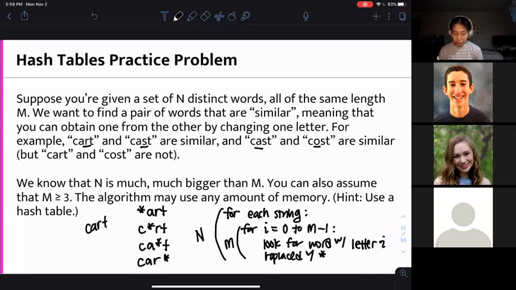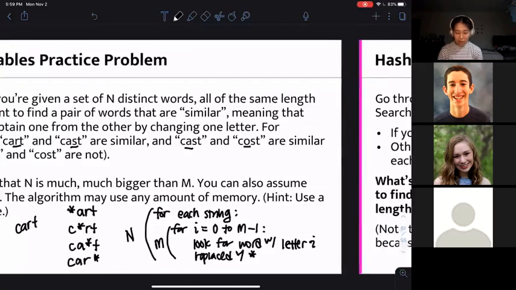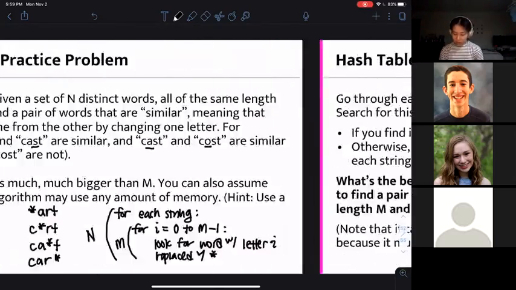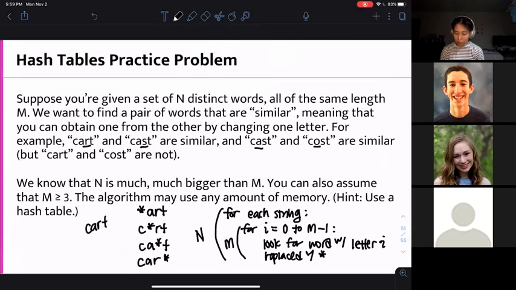But then we also have an O(m) lookup, because this operation of looking for a word with letter i replaced is also an m operation, because you'd be comparing a string of length m, so like cart to, well, to be super precise, with an asterisk, to the key,